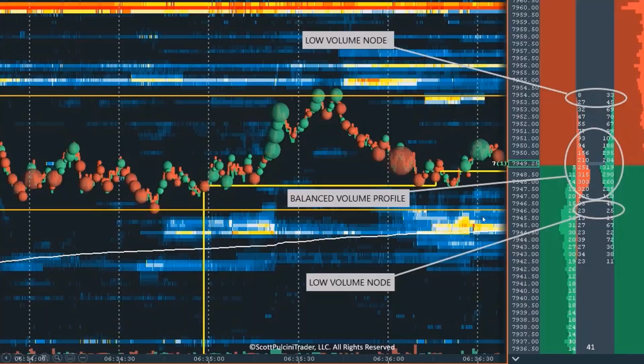Okay, and when you take this trade, look to get back into the volume profile POC and above into the higher low volume node above. Okay,